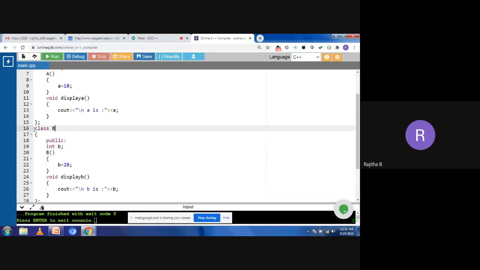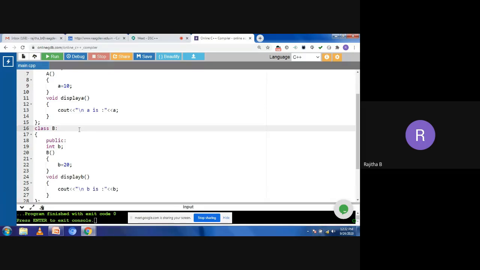So what is my derived class? What is my second class name? That is class B. So here you need to take the syntax like colon, and next we need to take the access specifier. What are the access specifiers? We have public, private, protected.